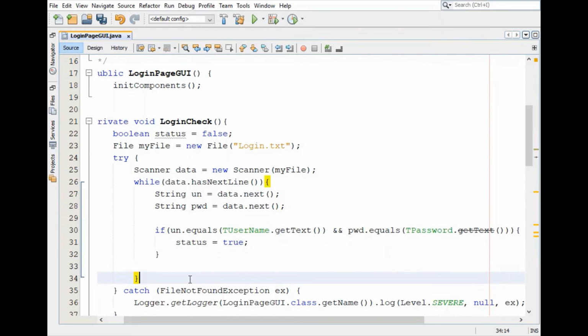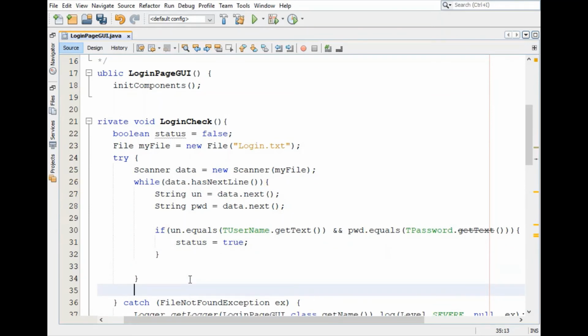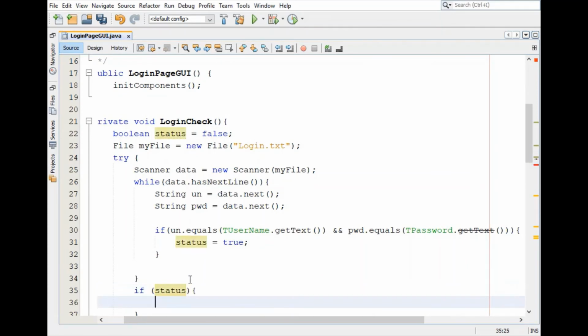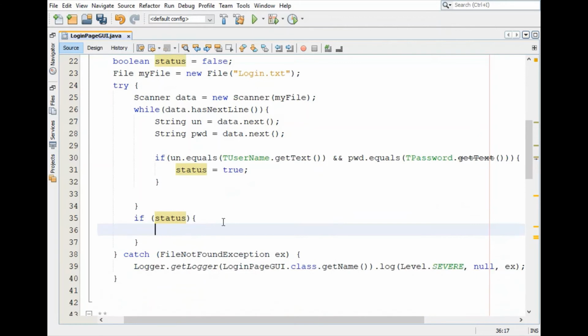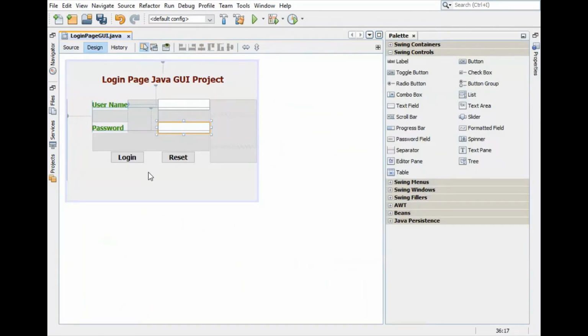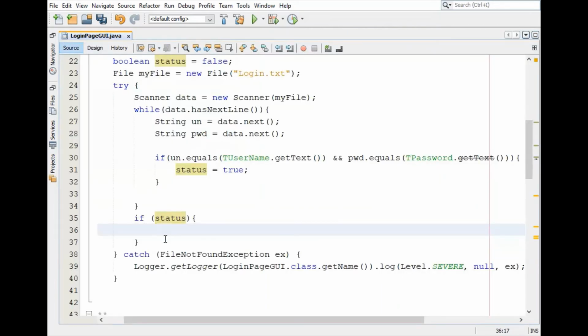So at the end of this while loop, we will write one if statement which will check if status is true. In that case we want to set this label with an appropriate message. So here we will set labelResult.setText, and here we write the appropriate message, login successful.